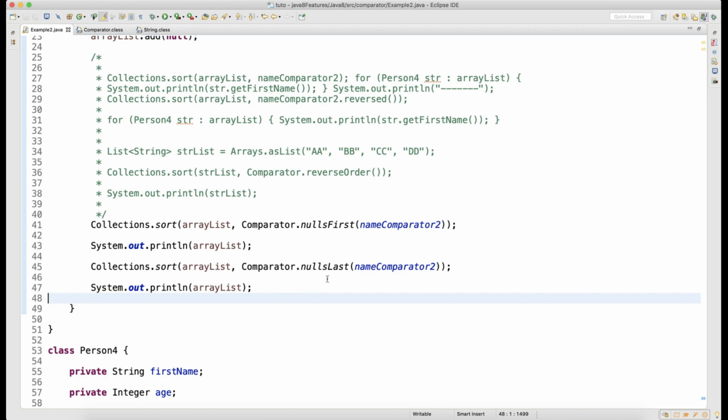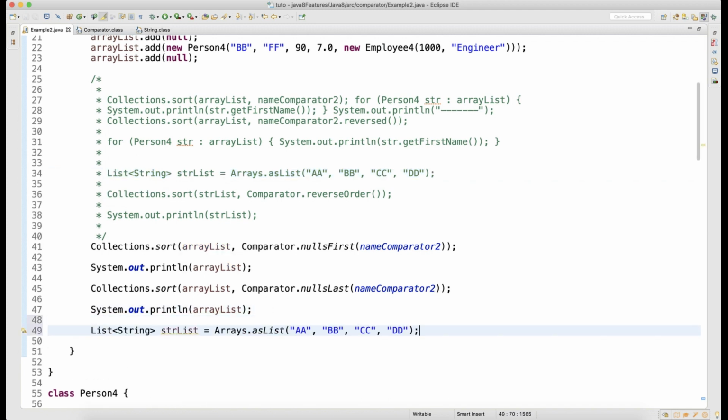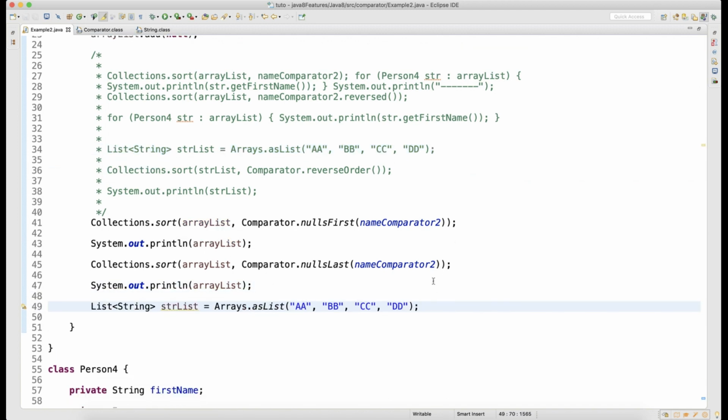There is something called natural order, right? To show the natural order, I will use this list and I will call naturalOrder. Natural order is also a static method.